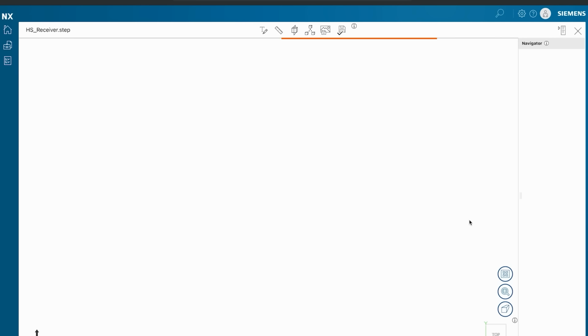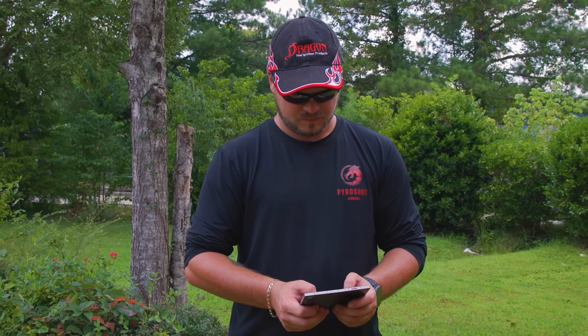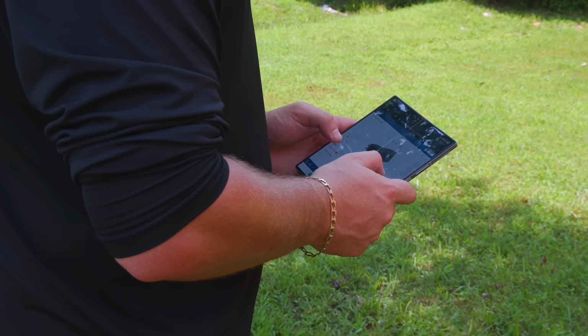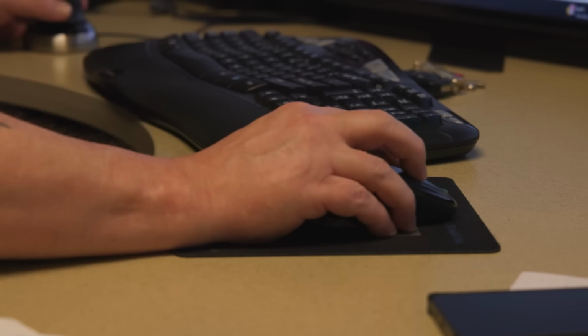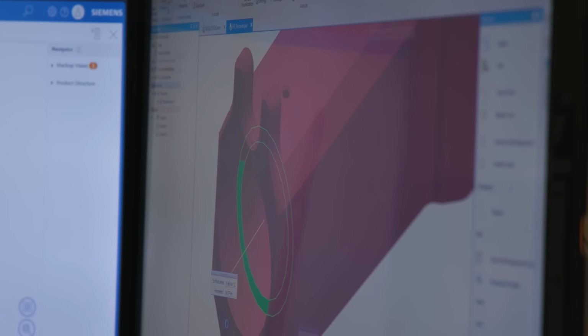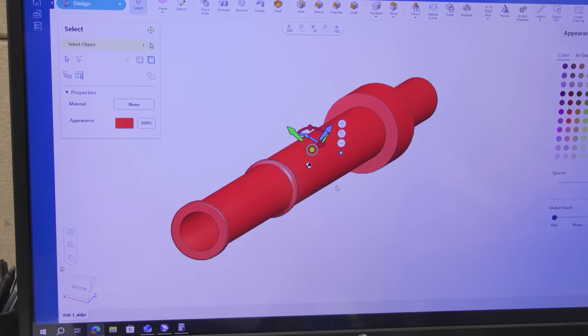And the NXX Essentials has been great, given that we don't have the programs locally installed on our computer. We're able to just log into this system, upload our files in there, and they just work. I can move it around in a 3D space. Using NXX with Solid Edge has worked out well for us, because with the Hellfire project in NX, we were able to have the customer approve each step along the way, and then our engineering team immediately pulled those files back into Solid Edge, changed them, and off and running we went.